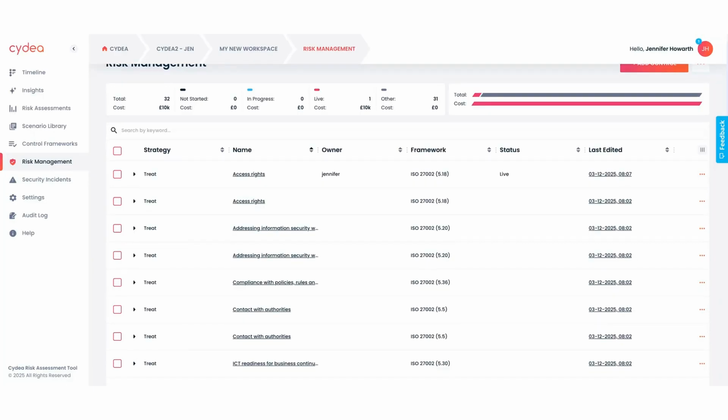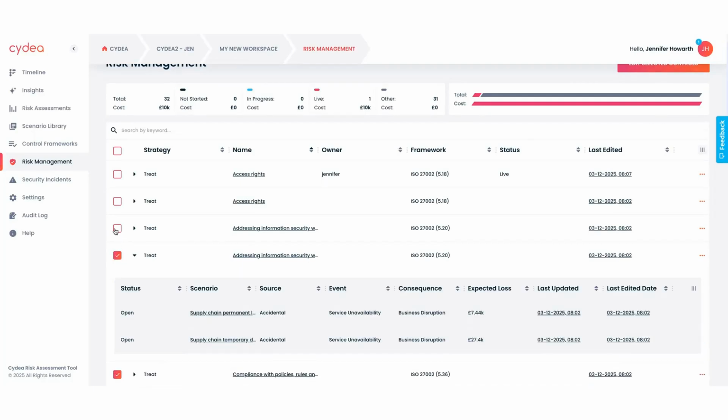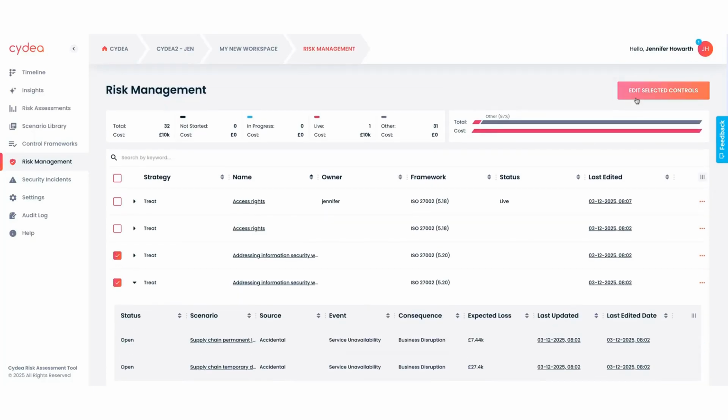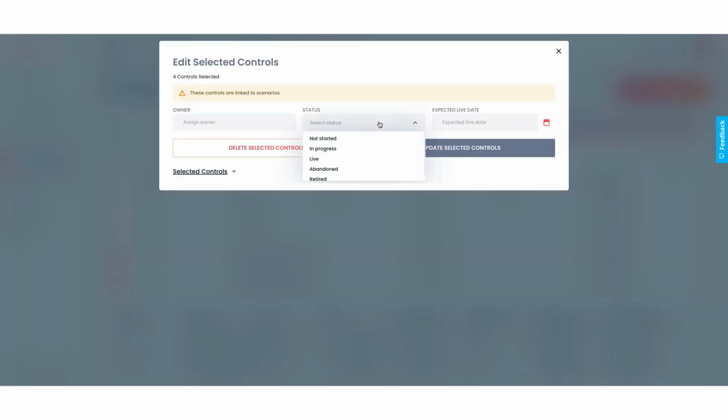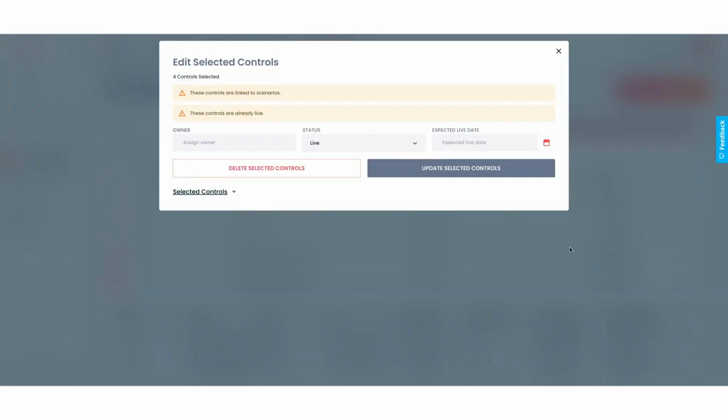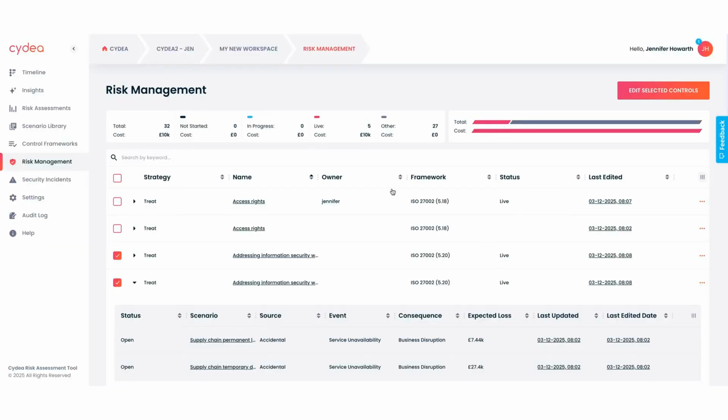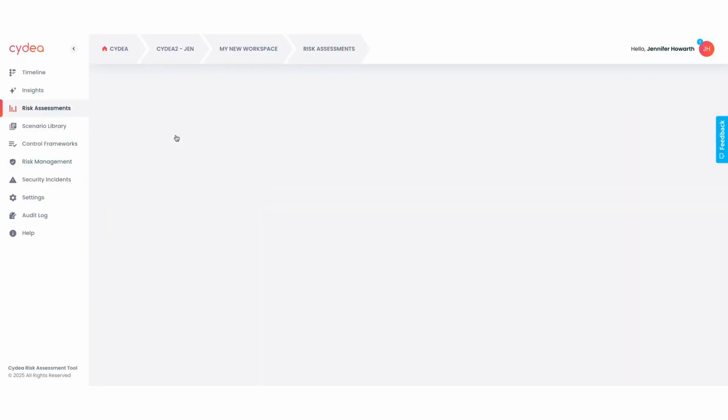that now. I'm going to do that by selecting multiple controls at the same time and then clicking edit controls, and I'm going to set these to live. I can also assign the owner and the live date here and update the selected controls. Now when I go back to the risk assessment,